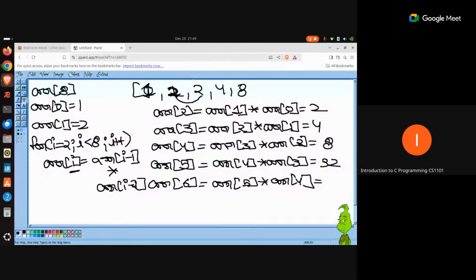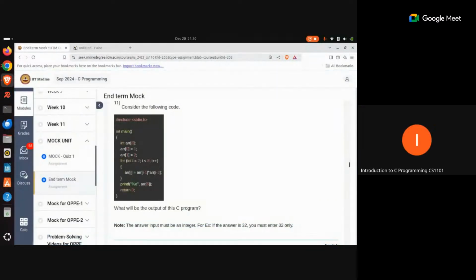The last two values, which are 32 times 8. What is going to be the answer? 256. Okay, fine. That means the answer to this question should be 256.